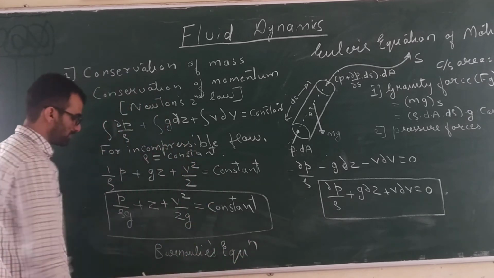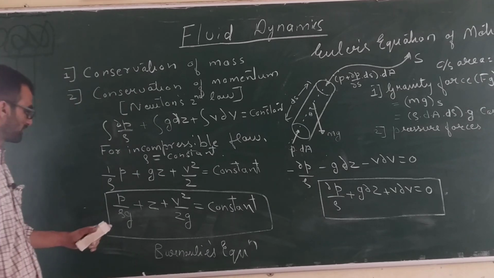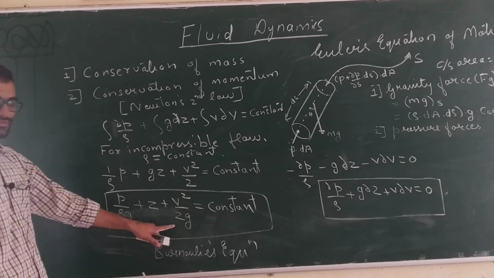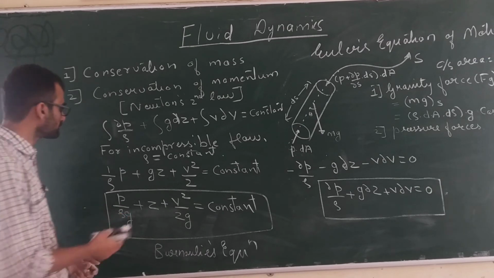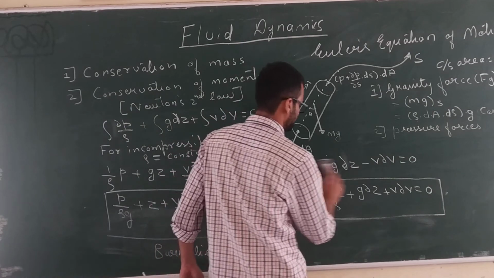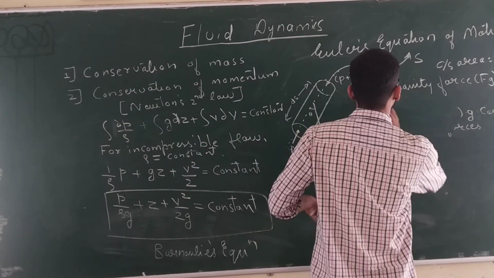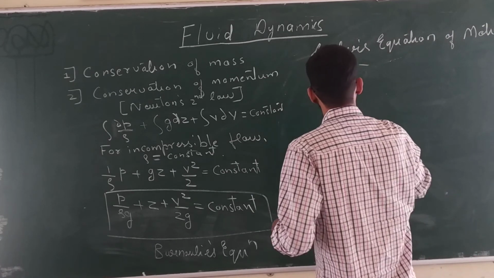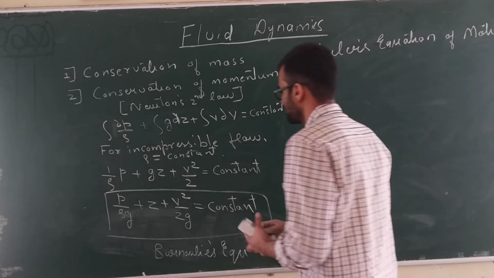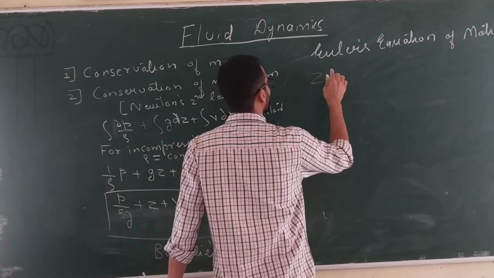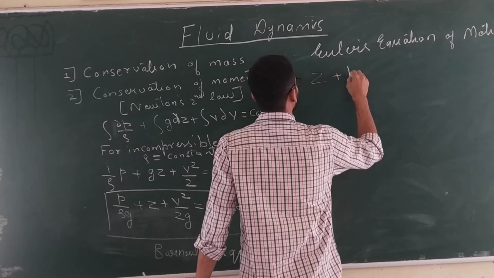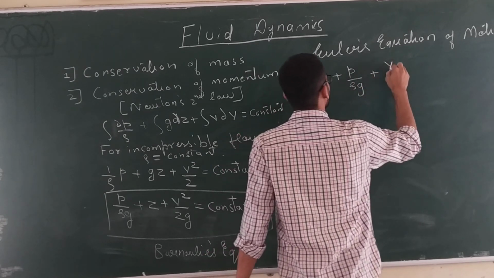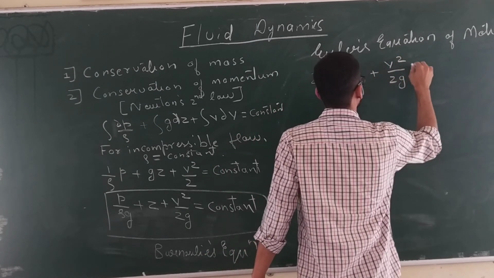The spelling might be wrong. I can't remember the correct spelling of Bernoulli. So this is your Bernoulli's equation. Now what is the significance of this equation? What does this equation signify? This equation is quite important, and we are going to use it many times. So we should think about this Bernoulli's equation. It says that Z plus P by rho g plus V square by 2g equal to constant